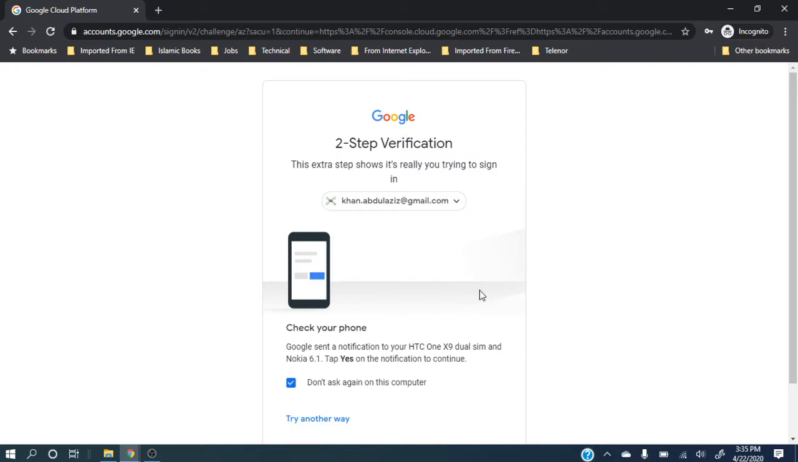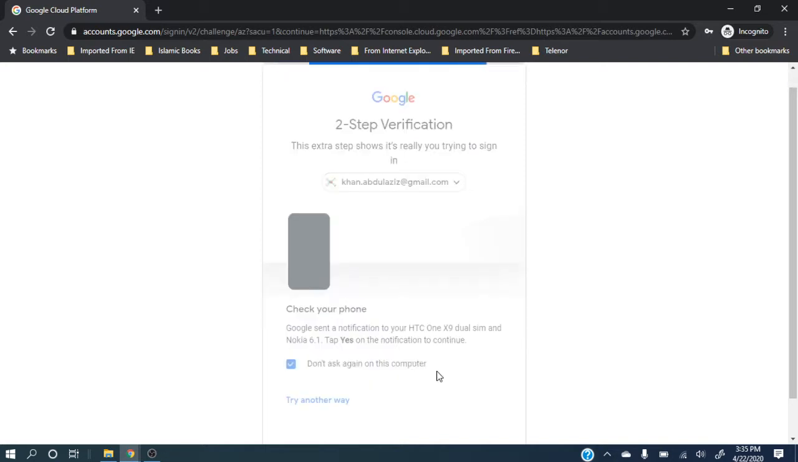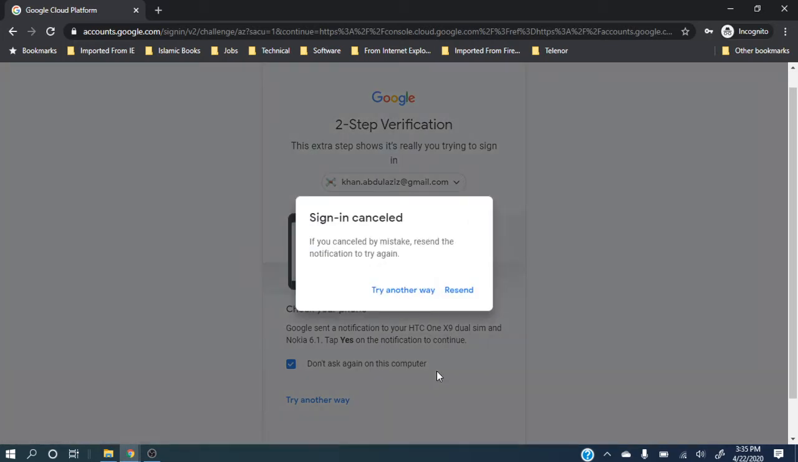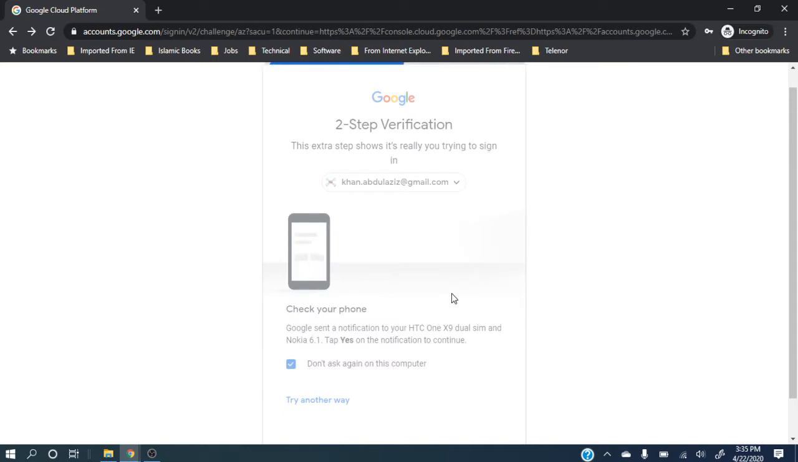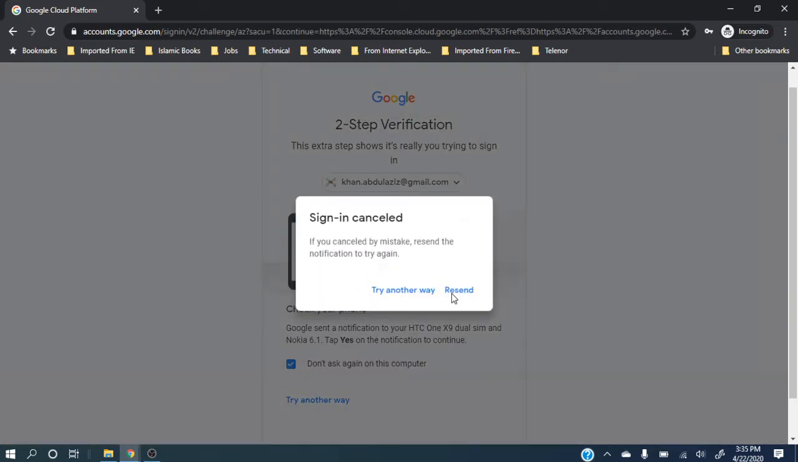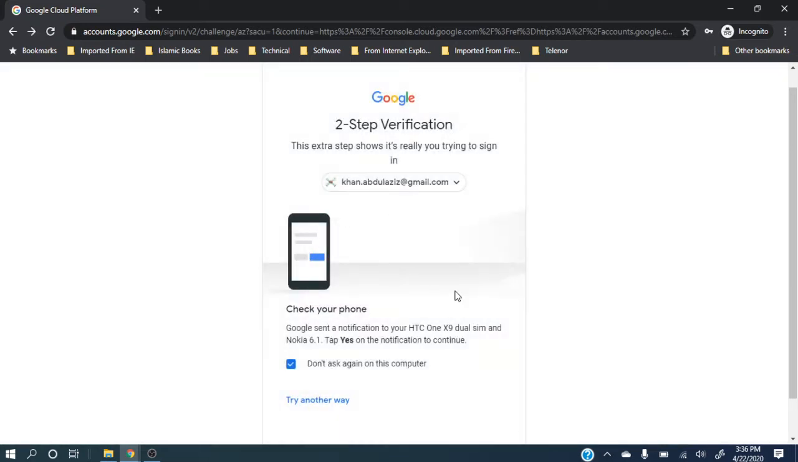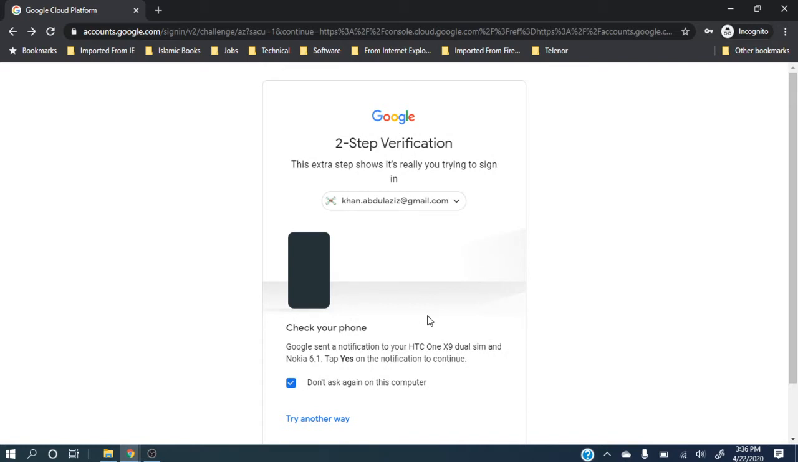I will ask you guys as well that you should have this enabled, because these cloud things should be as secure as possible. So I have put two-factor authentication, so whenever I try to do anything,